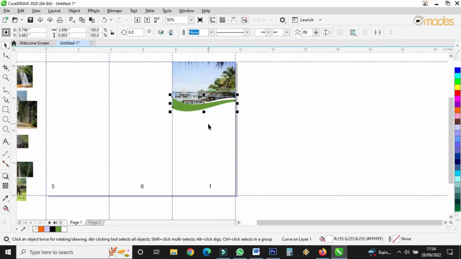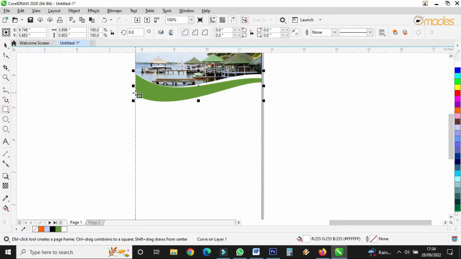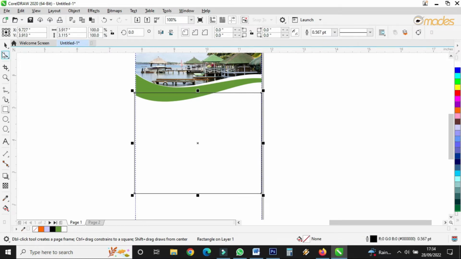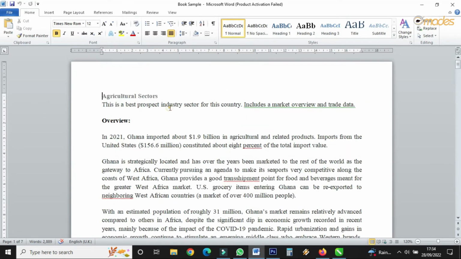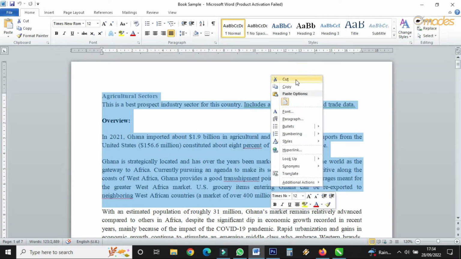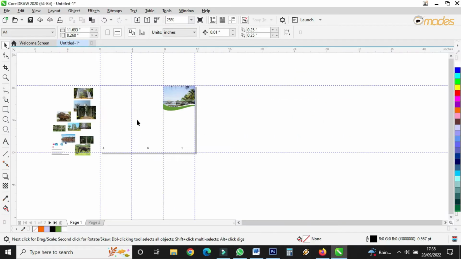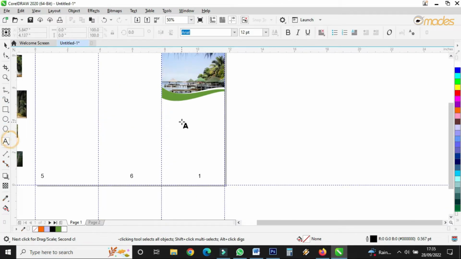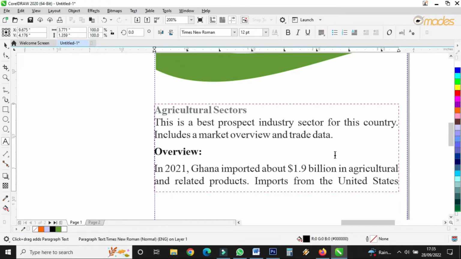I'll bring something down here like this. Or I can just flow my words. If I have any words, I'm just using these words as an example. So I'll copy some small words like this and paste it. And I've already shown you how to paste these things. If you copy any words from, what do you call it,